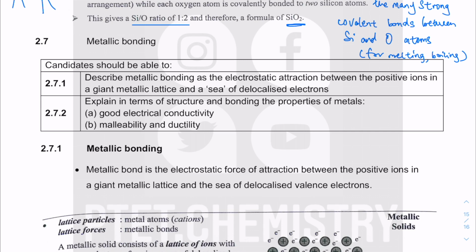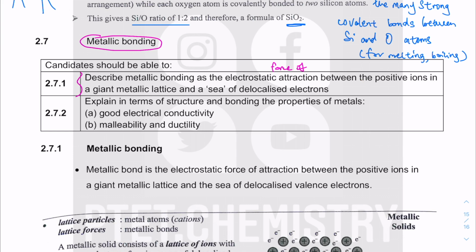So in the last bit of this lecture tutorial on chemical structure and bonding, I'll just cover this very brief topic on metallic bonding. There are just two bits of the learning objective as outlined by the Cambridge syllabus. First of all, you need to be able to define metallic bonding. Metallic bonding is defined as the electrostatic force of attraction